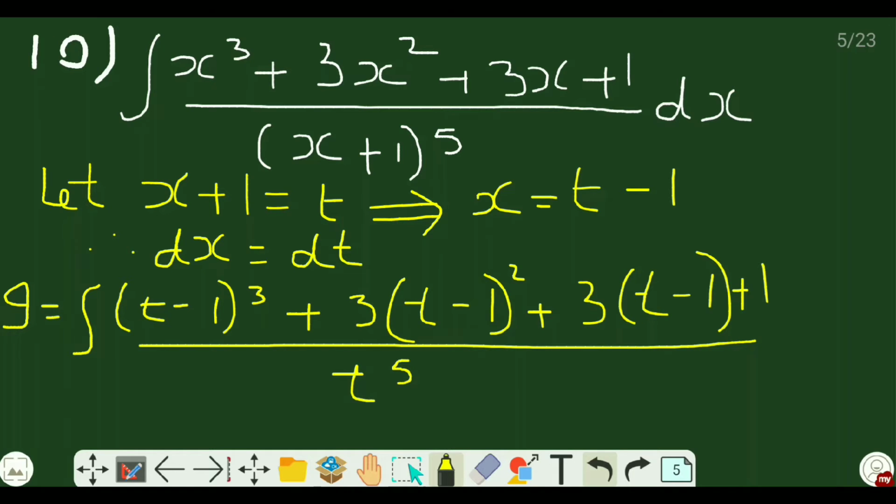Next, what we are going to do is apply the formula over here. T minus 1 cube becomes a minus b the whole cube. That same formula we are going to apply. Similarly, t minus 1 square, we can apply the formula for a minus b the whole square and also multiply with 3 at the same time. So, thus we are going to simplify our sum like this now.